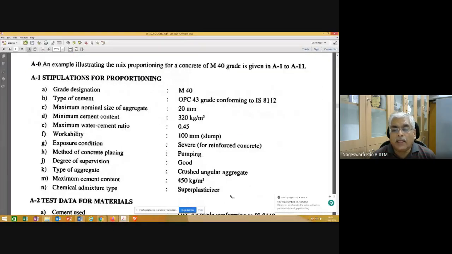So this is the illustrative example that is given in IS 10262. Mix proportioning for concrete of M40 grade. What I suggest is, if you have a notebook or something like that, at least make a note of it, okay? When you are following the lecture, you may not be able to flip over the code book. Key points you can note down, and afterwards you can go through the code book. So grade designation. We are noting down all the information that is required for